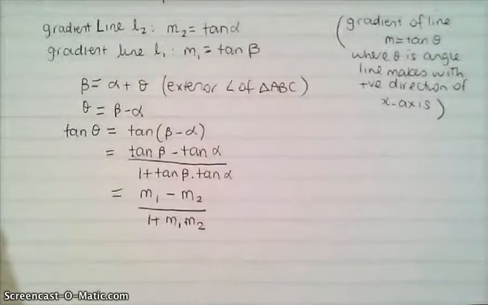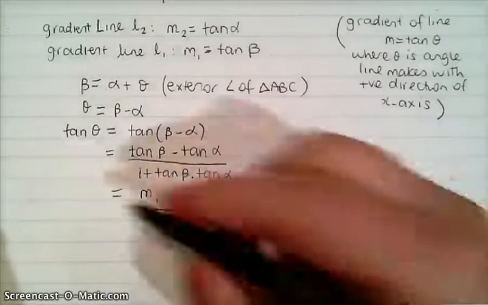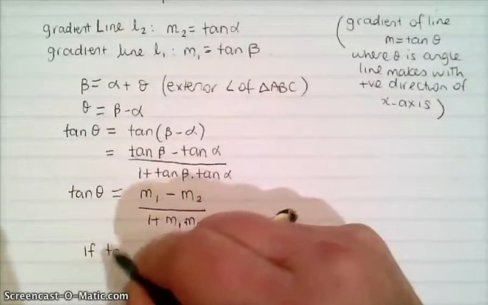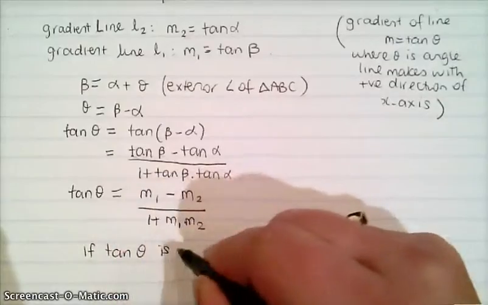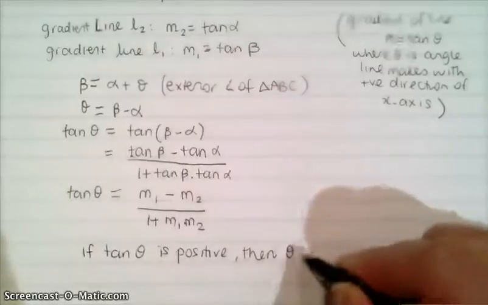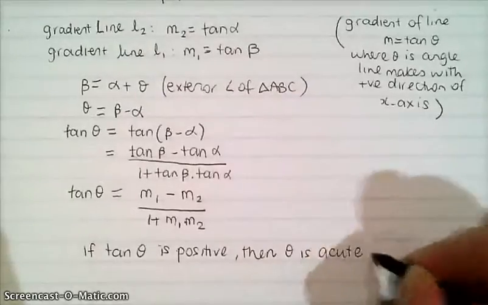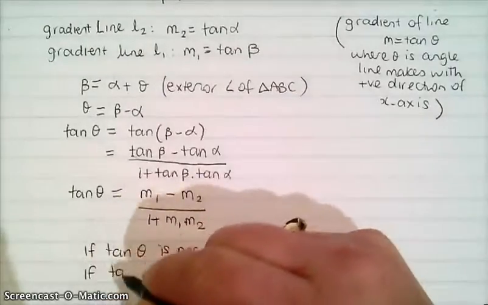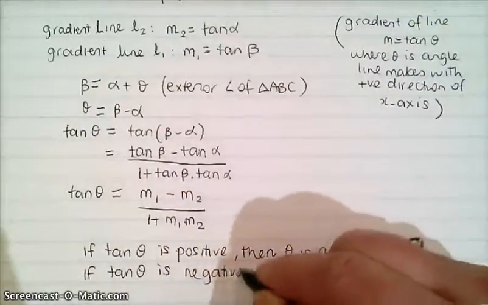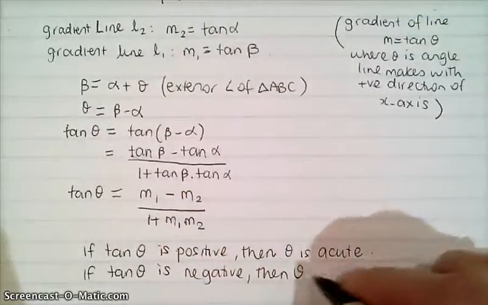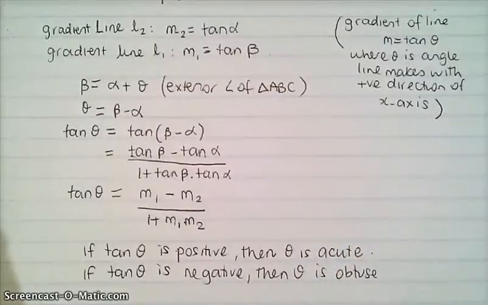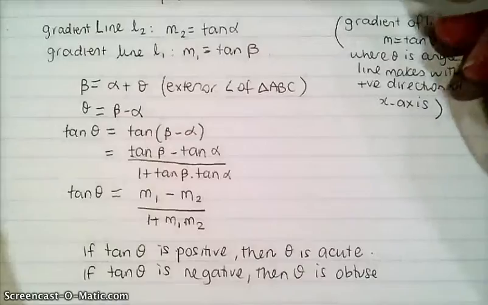So therefore that's our formula there for tan of theta. Now, if tan theta is positive, then theta is acute. Okay? And if tan theta is negative, then theta is obtuse. This is because, for example, let's say the angle between the two lines is less than